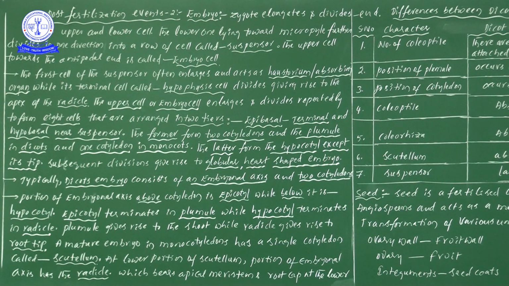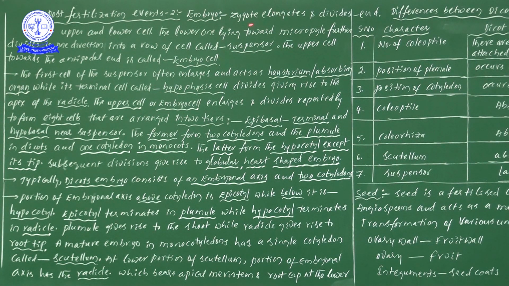In the previous video I gave 2 or 3 points, and I have included those points here as well. Why? Because if I include the previous points, it covers the process from the start of embryo development to its completion. I have also brought new information: what are the differences between the dicot embryo and the monocot embryo? Strictly speaking, you don't know this information from before. From the NEET examination point of view, I have brought this newly. Now let us see.